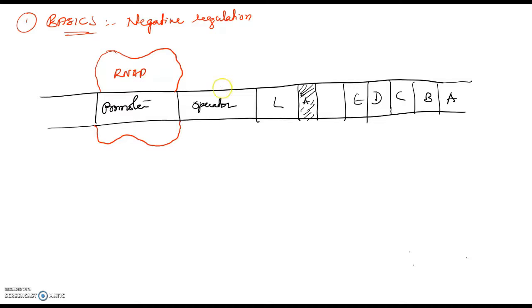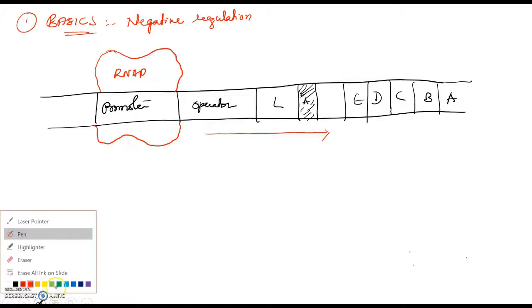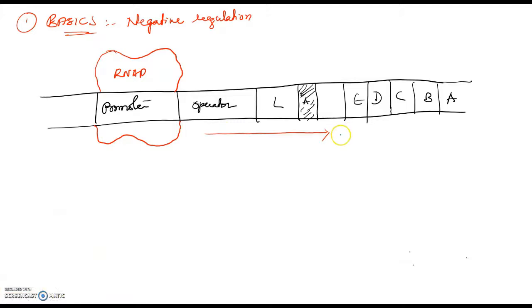Unlike your lac operon, the operator is always free here. The operator is not bound by repressor molecules. In lac operon, we have seen that repressor molecules are always present because LacI is a constitutive gene. But here, the operator region is free. So this RNA polymerase will go and synthesize the mRNA.